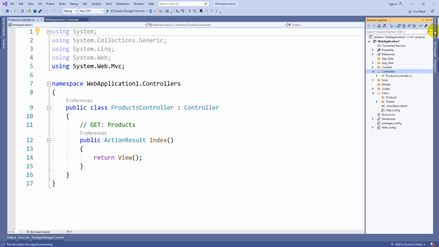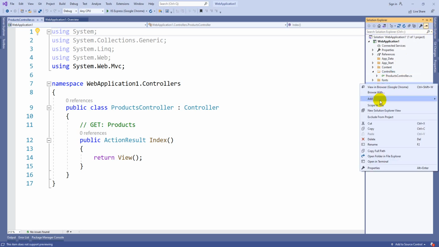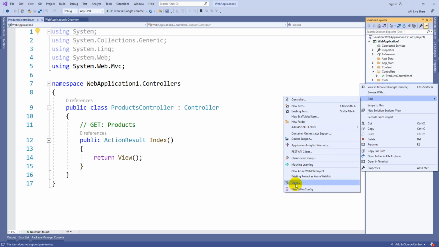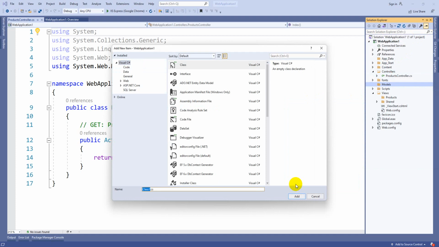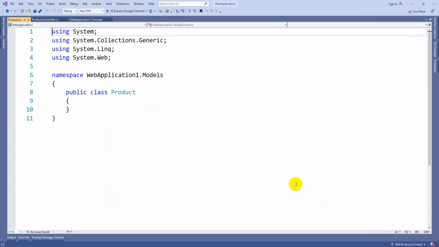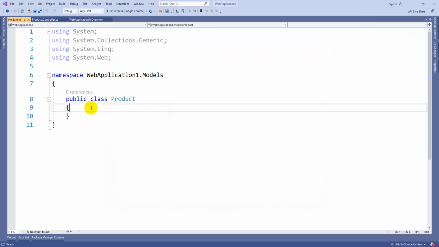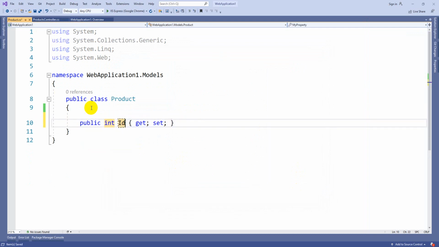First, let's go to models, right click and add a class, because as I already mentioned, a class is nothing but a model. Let's keep the name product, so you should not get confused: Products is the controller name, product is the model name. Here you mention whatever properties we require.